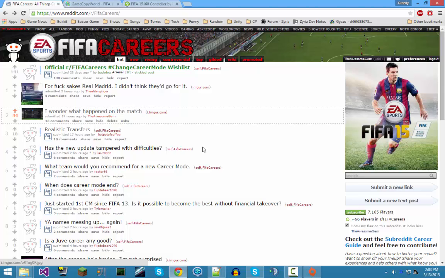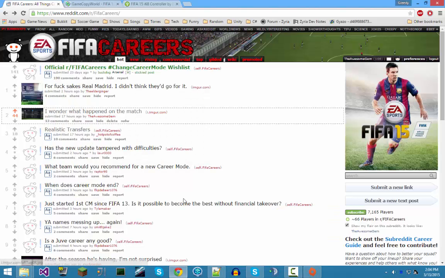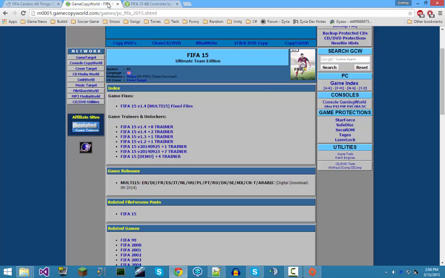So basically, first of all, you don't want to get your ass banned by EA. So the best thing to do is make sure you're offline on Origin, and if you're still kind of scared, because they don't like people modding their game for some reason, you could always go to Game Copy World and get this. If you're just a single player user like I am, because I hate pay to win Ultimate Team,